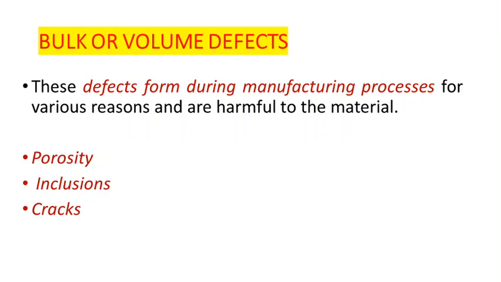And the last classification of the defects in material is the volume defects or three-dimensional defects, which are also called bulk defects. These are defects which mainly occur due to the manufacturing process or the processing route. For example, in the case of casting, powder metallurgy, forging, or forming, which are the different primary manufacturing routes, the defects commonly observed in these routes are classified under bulk or volume defects. So we can say the casting defects, extrusion defects, forging defects, and rolling defects all come under bulk or volume defects. The common examples are porosity, inclusions, cracks, etc.